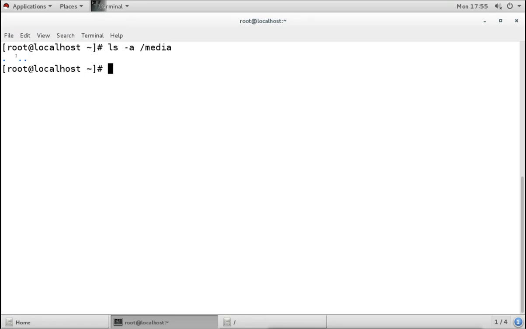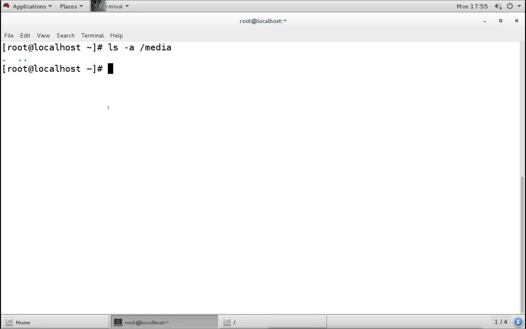Blue color means it is a directory. Basically this dot means the present directory and double dot means the previous directory.